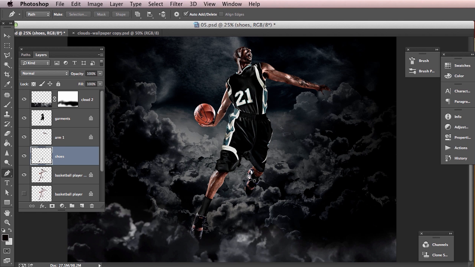In the next lesson, what I'd like to do is manipulate the clouds, and let's create an effect which makes it look as if the player's coming through the clouds, and give the clouds some real motion blur in